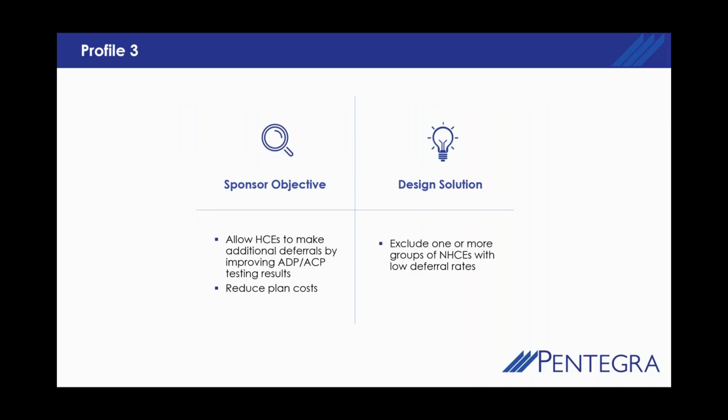So let's look at this objective. They want the HCEs, the highly compensated, to make deferrals by improving that ADP test. They don't want to go to a safe harbor, but they still want to increase what those highly compensated can defer. Now we get into some tricky designs where we can exclude some people from the plan. Just because you're an employee doesn't necessarily make you a plan participant. First of all, you have to meet age and service eligibility requirements to come in the plan. Typically, it would be 1 year of service in which you work 1,000 hours and that you're 21 years old.